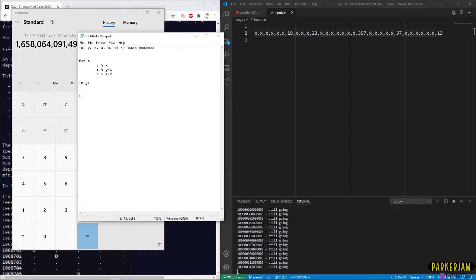We want p equals n times x, p plus 1 equals, actually let's use different variables here, q times y. Would we be able to solve for this? We only have two equations. We have three variables.